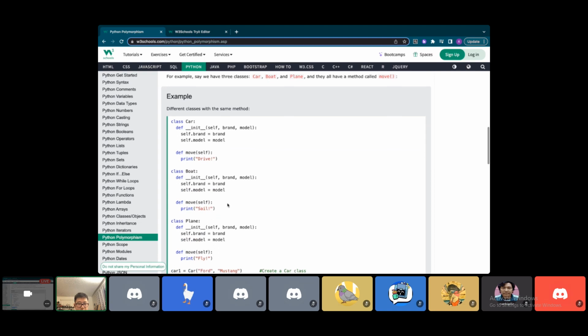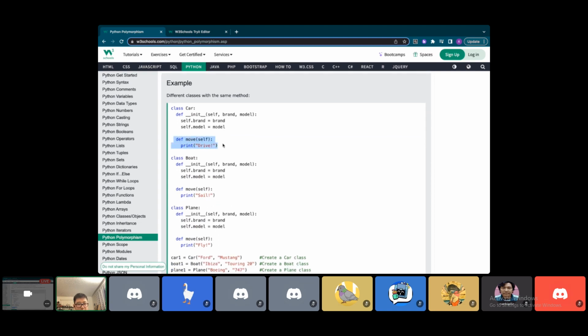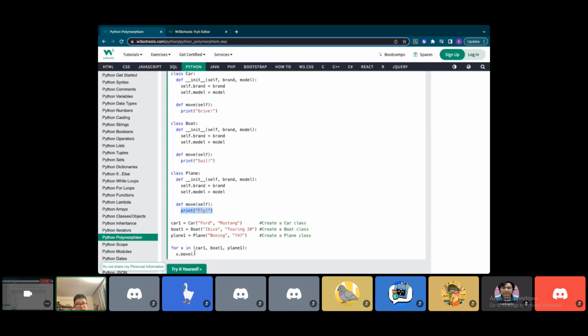So, for example, here we define move three times in three different classes. We define move in car, we define move in boat, and we define move in plane. And as you can see, every single time they print something different. For a car, they'll print drive. For a boat, they'll print sail. And for a plane, they'll print fly. But as you can see,